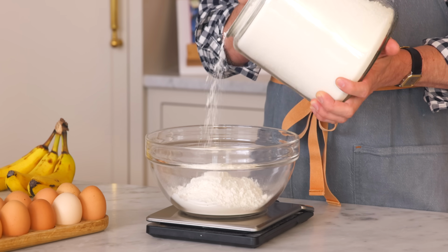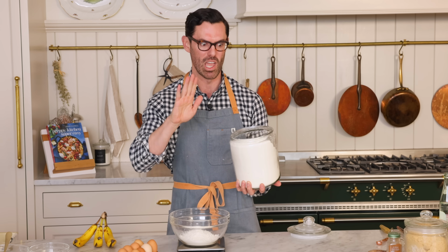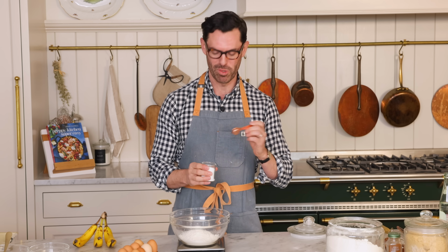So use a scale, and if you're using a scoop, go ahead and fluff your flour up, sprinkle it into your measuring cup, and level it off. That way, it won't be overpacked. Perfect. To puff things up, a teaspoon of baking soda,